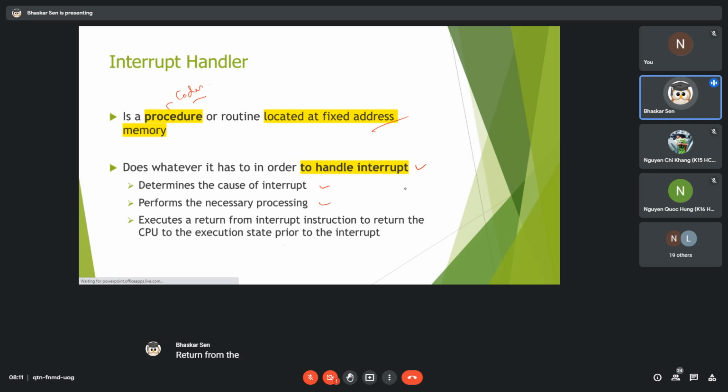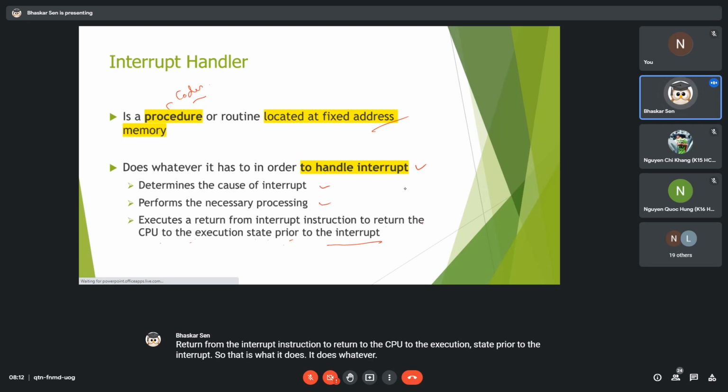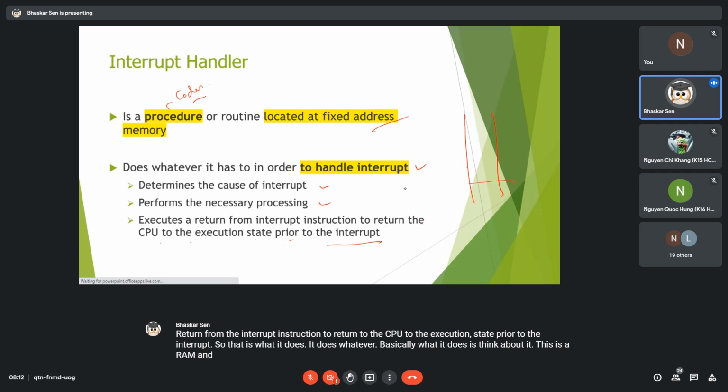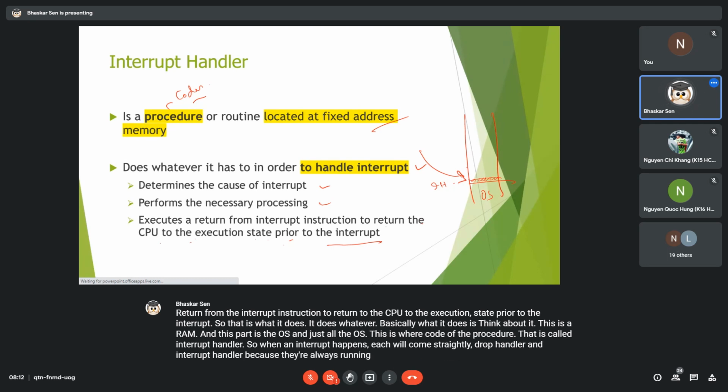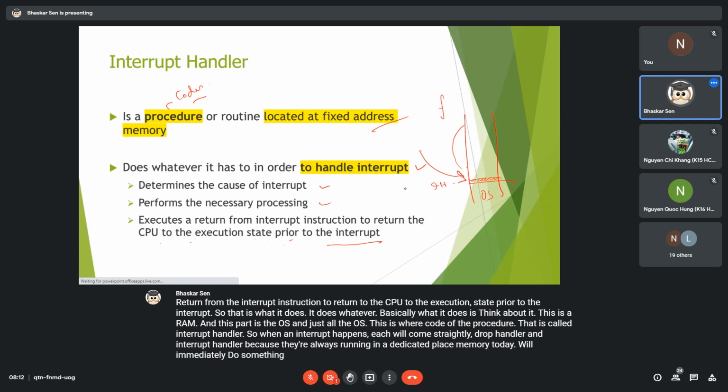So that is what it does. Basically, think about it. This is the RAM, and this part is the OS. And just on top of the OS, there is a layer of code, a procedure called the interrupt handler. So when an interrupt happens, it will come straight to the interrupt handler, and because it is always running in a dedicated place in memory, it will immediately do something to free up